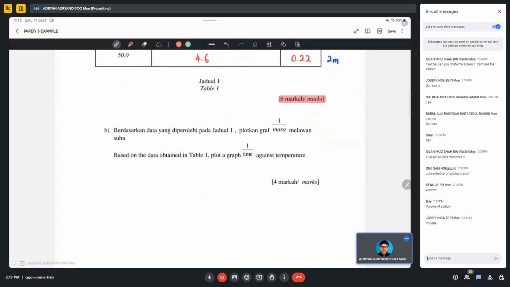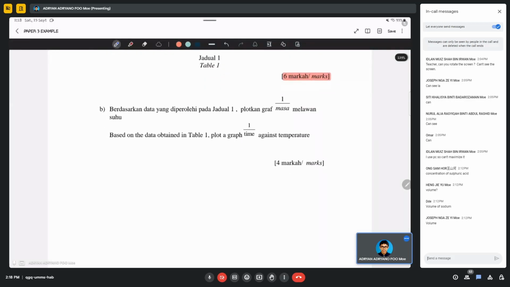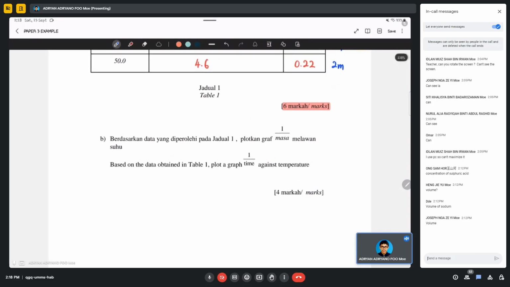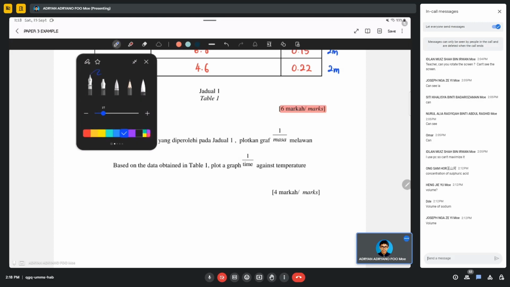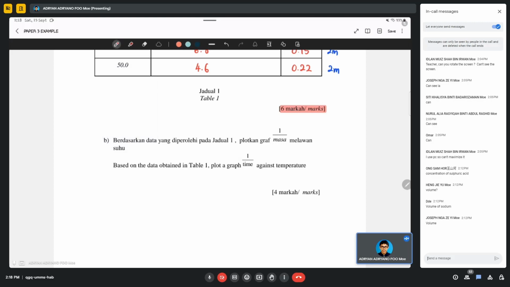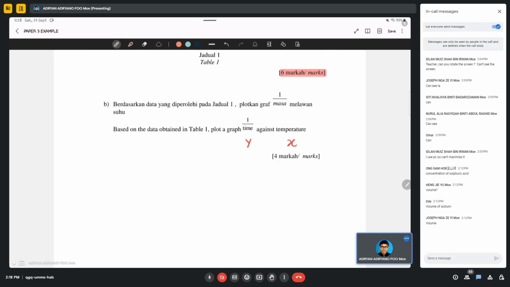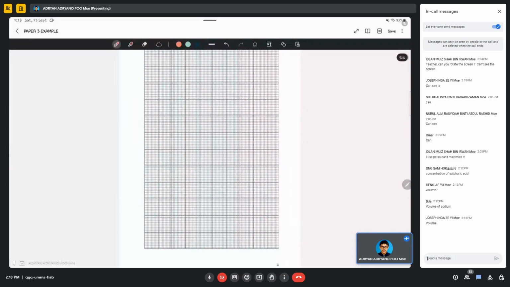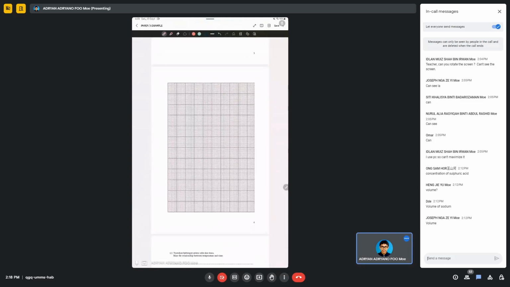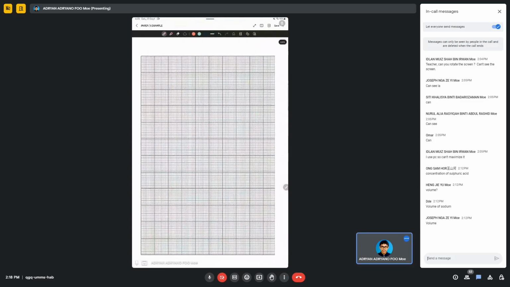Alright, so next. Based on the data obtained in table 1, plot a graph 1 over time against temperature. Okay, 你看到题目不要急着画先，你先跟自己讲清楚，哪一个是你的 y axis? Y axis is this one 哦，1 over time. X is your temperature， 因为 temperature 是改变的嘛，对不对？